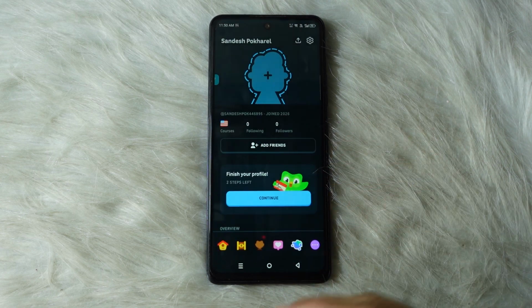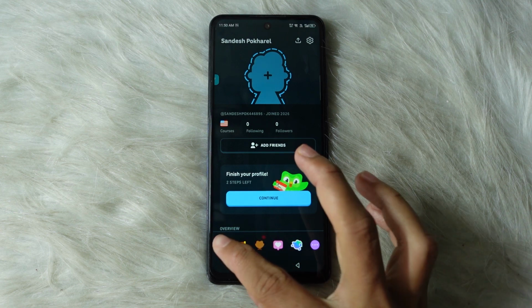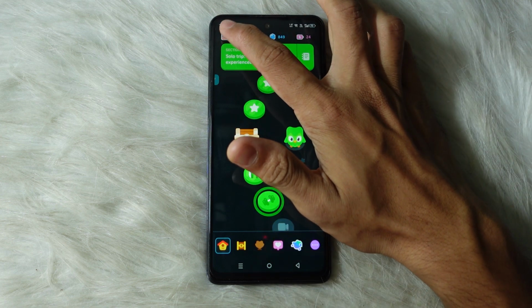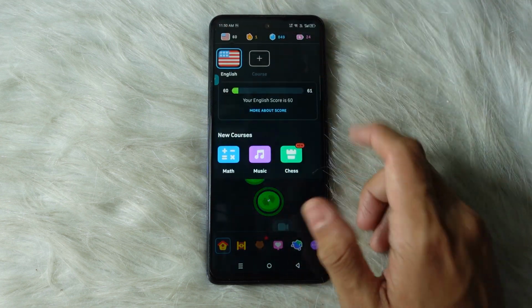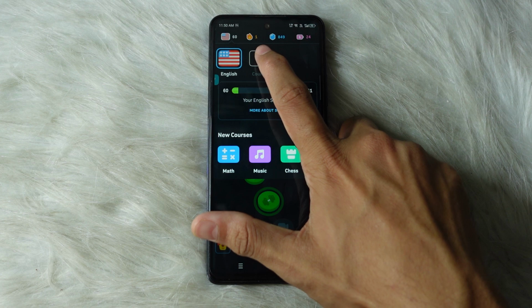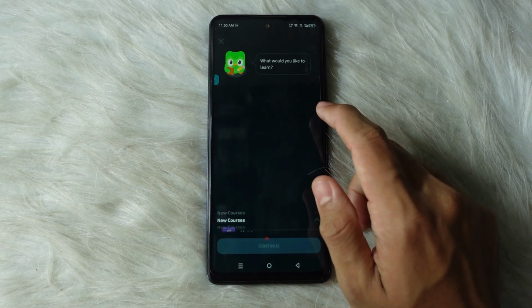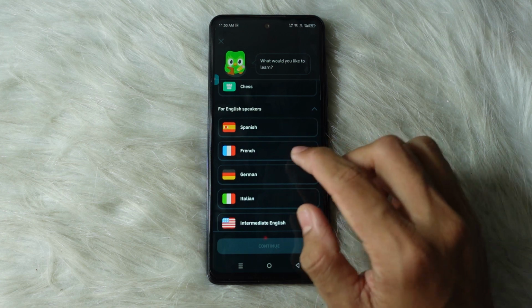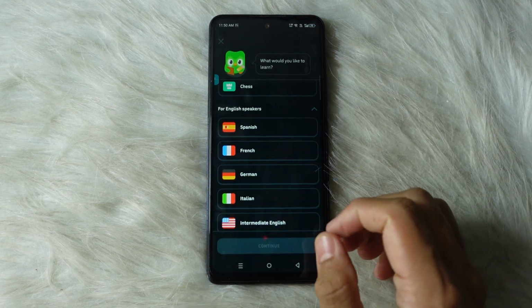However, if you are looking to change the language that you're learning on Duolingo, you can simply come to your home page, and inside your home page you want to simply tap on this flag icon, and by doing so you'd be able to add your course. You want to simply tap on course, and by doing so you'd be able to select your next language, and you'd be able to follow the prompt to change your language on